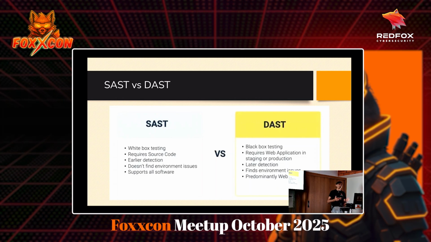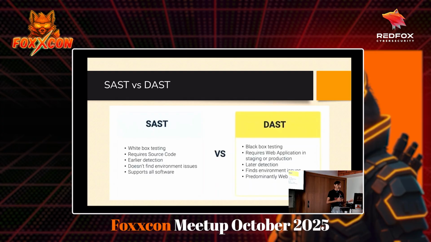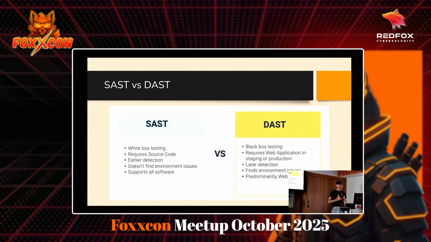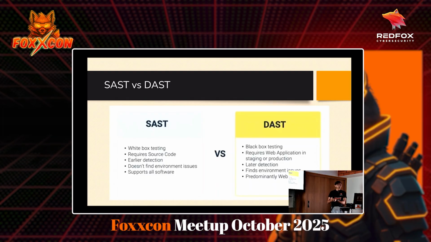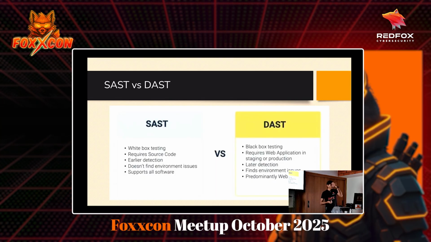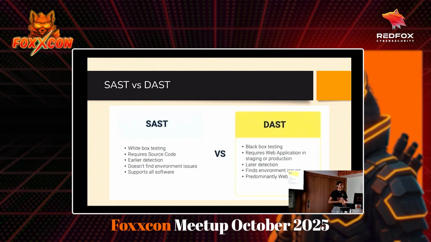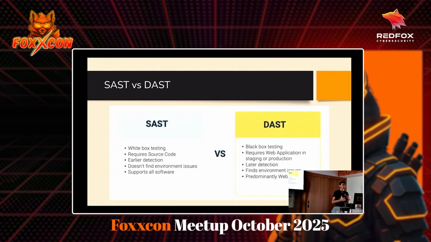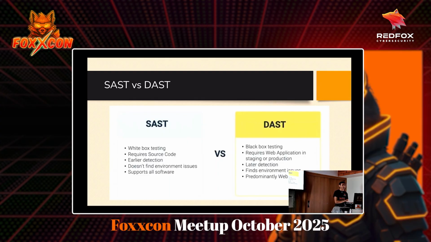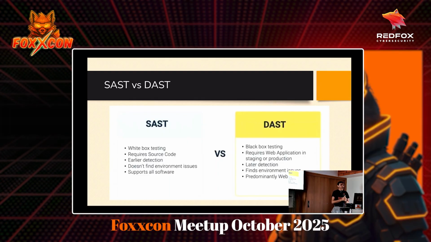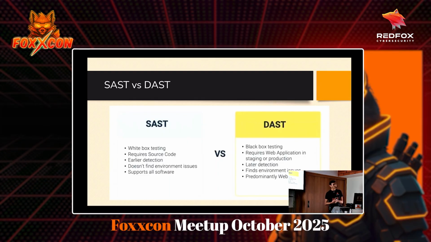So SAST is basically white box testing, as you need the source code for it, and DAST is black box testing, as it is web application testing. You might be getting credentials depending on the client requirement, or it might be black box testing as well. Then SAST is performed to detect bugs in the earlier SDLC phases, not after the actual deployment,